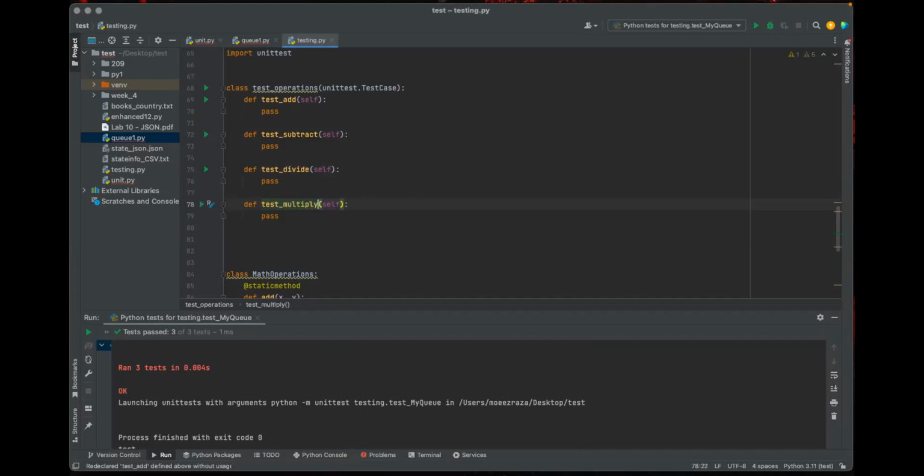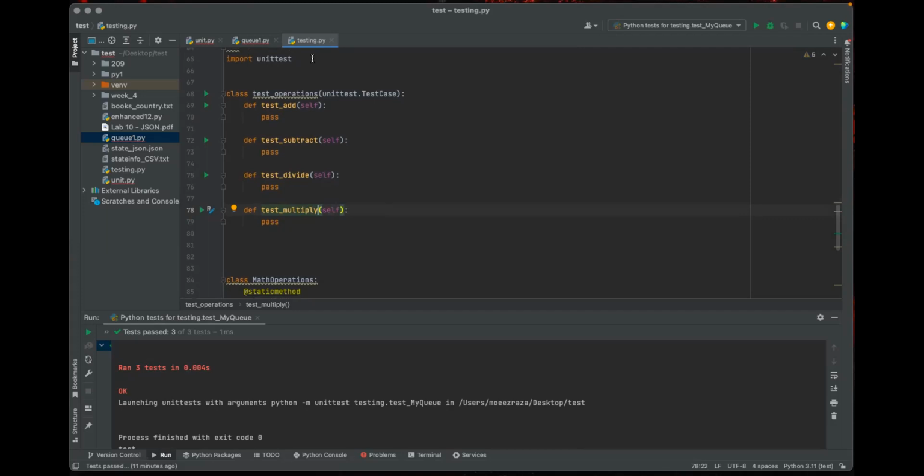Okay, good. I want you to only make the tests for add and for divide. So you can run now, it should run.